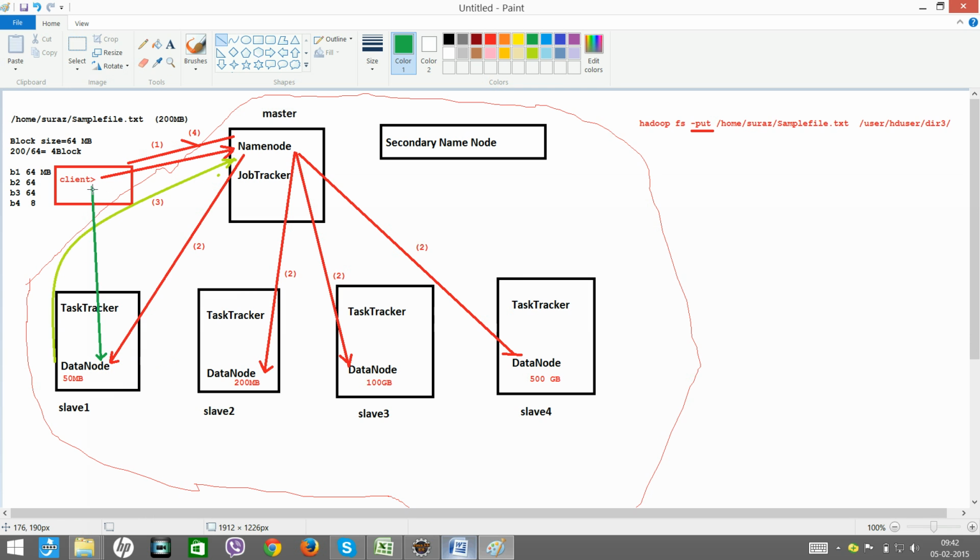Okay, so the client will start sending data to different nodes. All these client programs have built-in intelligence to understand how the data should be divided and where exactly it should be sent. So the client will send the blocks here. Let's assume the client sends a block called B1 here.